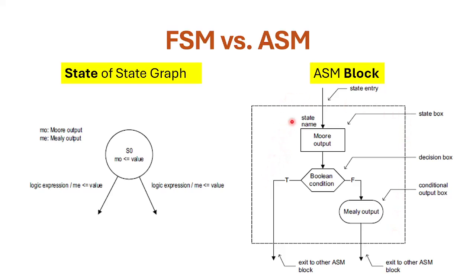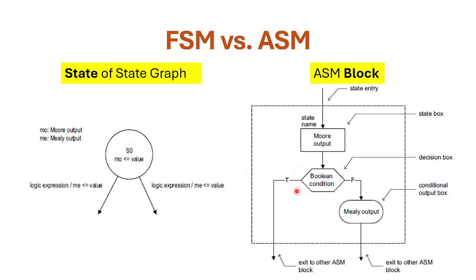The idea is really to give the block a name that is typically the same name as the state, and then you would have here in this rectangular box the assignment to Moore outputs, just like you would have inside the state, and